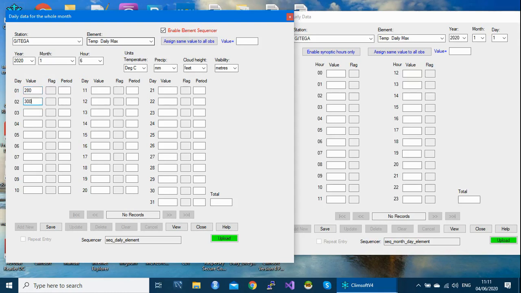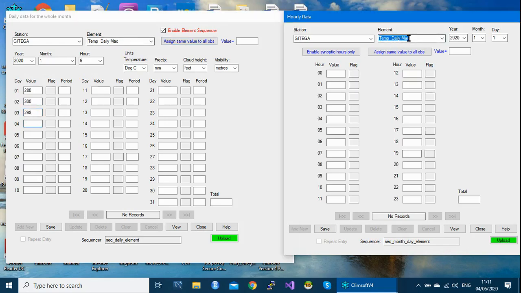The enter key is used on all the forms to move from one value box to another. So if here, for example, is a dry bulb temperature, and I have 20, 21, and so on.